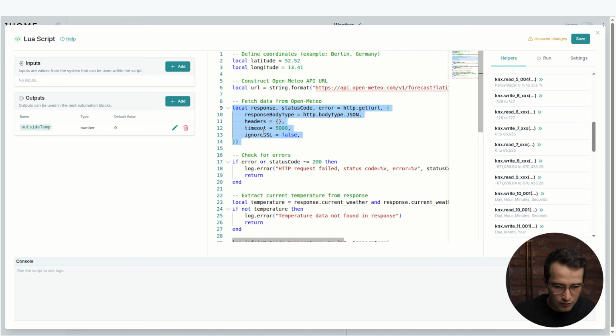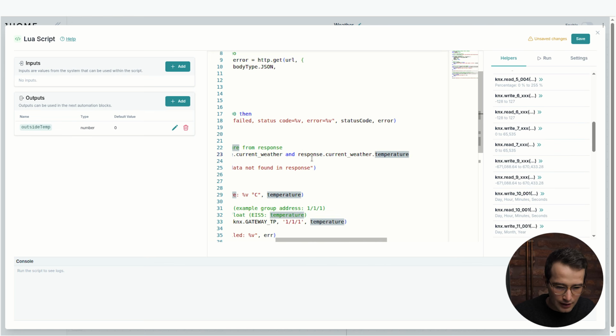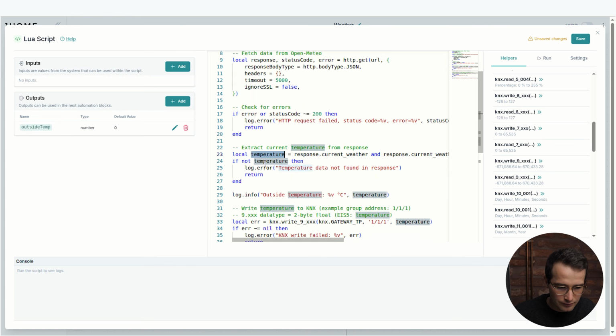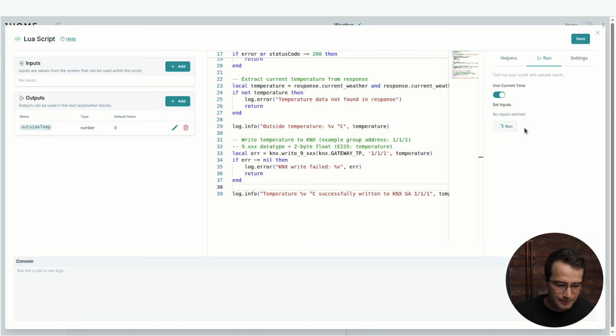It does the request, it checks for the status, and it gets the temperature. It logs error if it's not available. It even logs it so that we can see what the temperature is, and then it uses the temperature to write it to KNX bus. And let's run and let's see what happens.